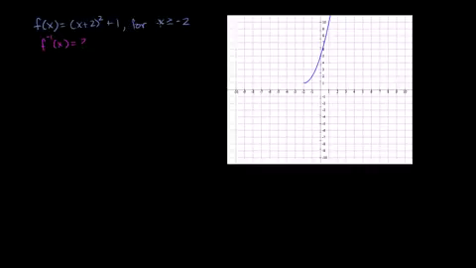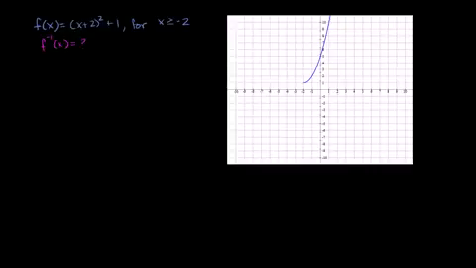And I'll leave you to think about why we had to constrain x to being greater than or equal to negative 2, why it wouldn't have been possible to find the inverse if we had just left it as the full parabola. Maybe I'll make a future video about that, but let's just figure out the inverse here. So like we've said in the first video, in the introduction to inverses,